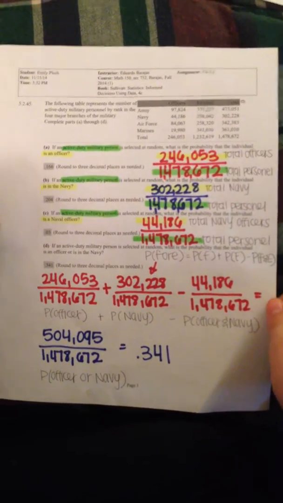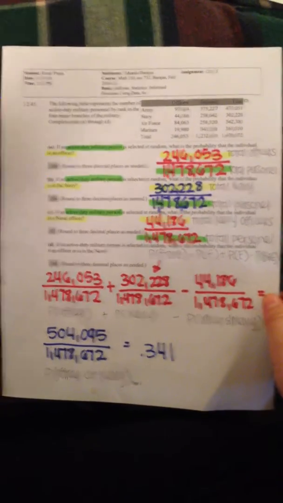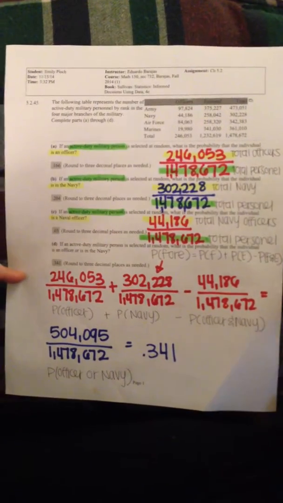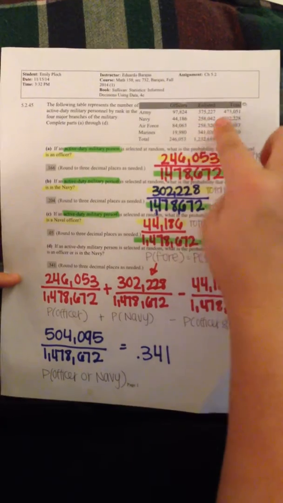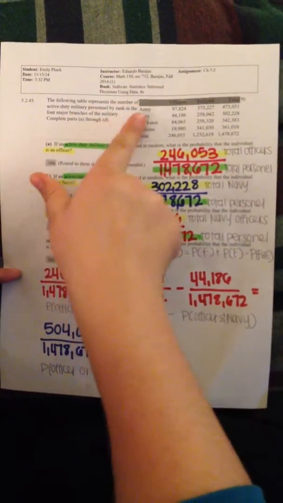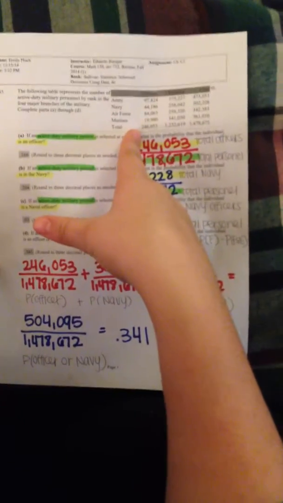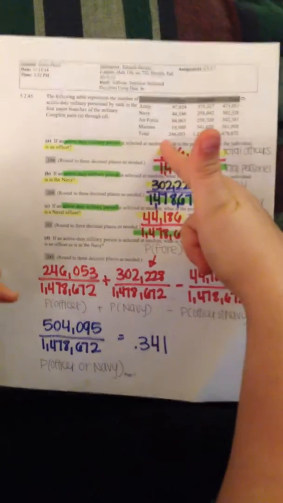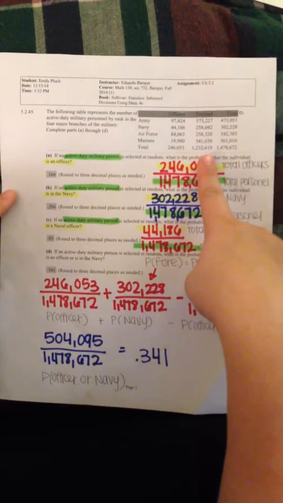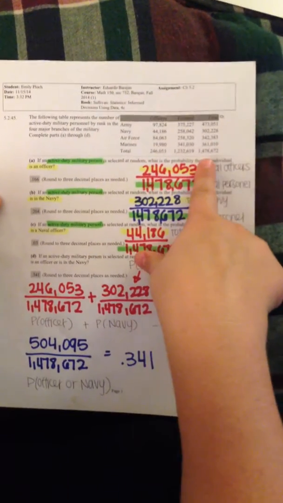The problem I'm doing is Chapter 5, Section 2, problem number 45. It's a multiple part problem, and you're given a table with totals of personnel in the Navy, Army, Air Force, and Marines, and then you're also given the portion of the Army, Navy, or Marines that are officers, and then the portion that are just enlisted, and their totals are on the bottom and sides. The total of all is